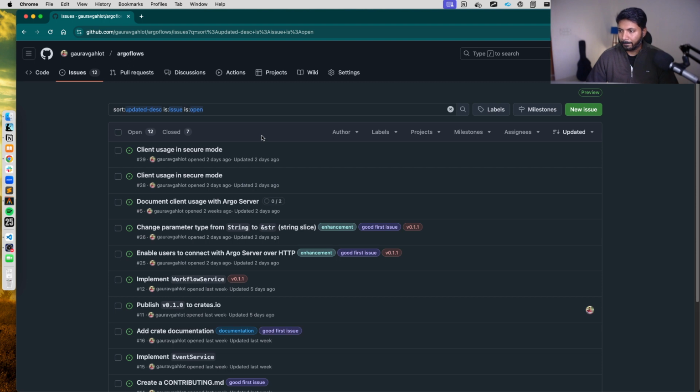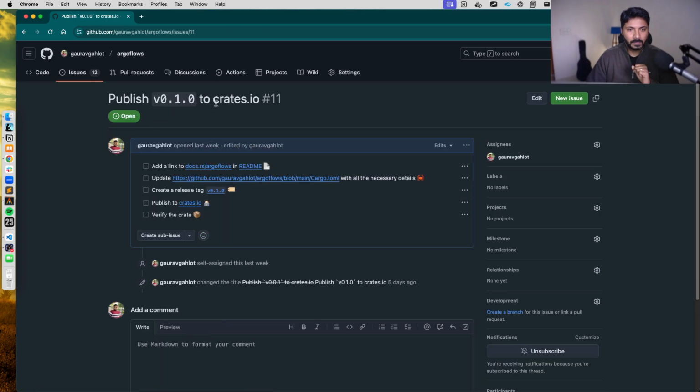So, in order to streamline the process of publishing, I created an issue to publish to Crates.io. There are certain steps I identified that we need to cover before we publish to Crates.io. And how do I know about these issues? This is because